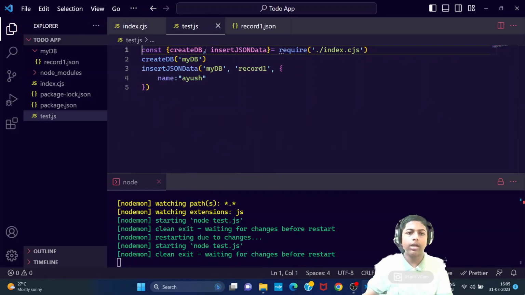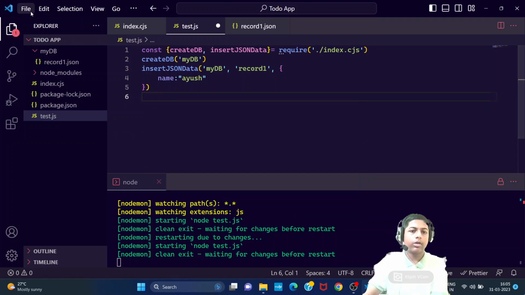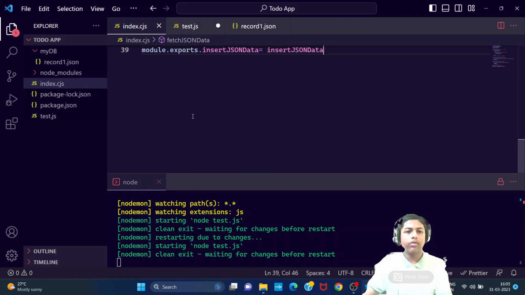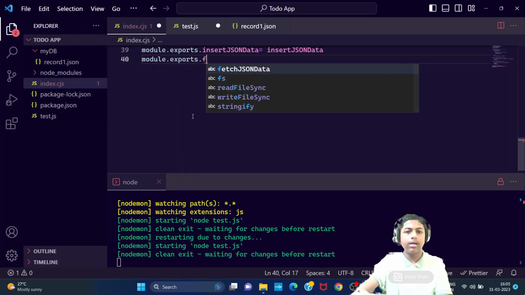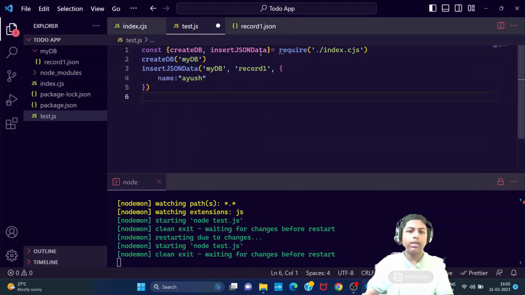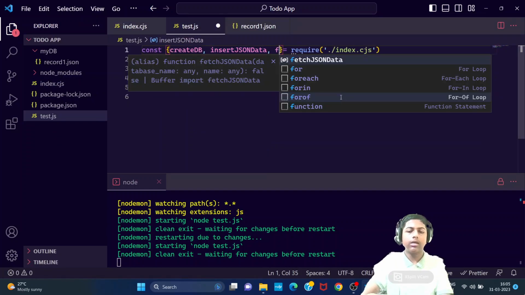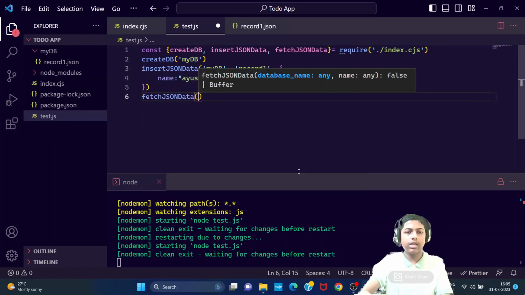Okay, so let us do like that, and let us say fetch, we are going to export that as well. So for exporting, module.exports.fetchJsonData is equal to fetchJsonData, import that here, and after that we are going to say fetchJsonData, and the database name is my db, the name of the file is record